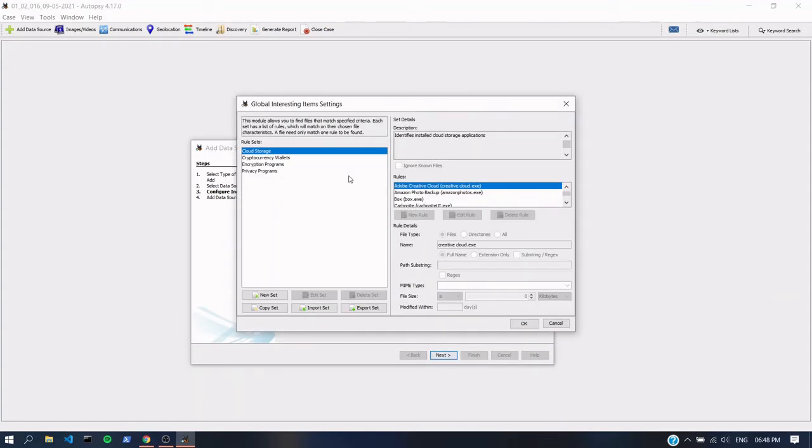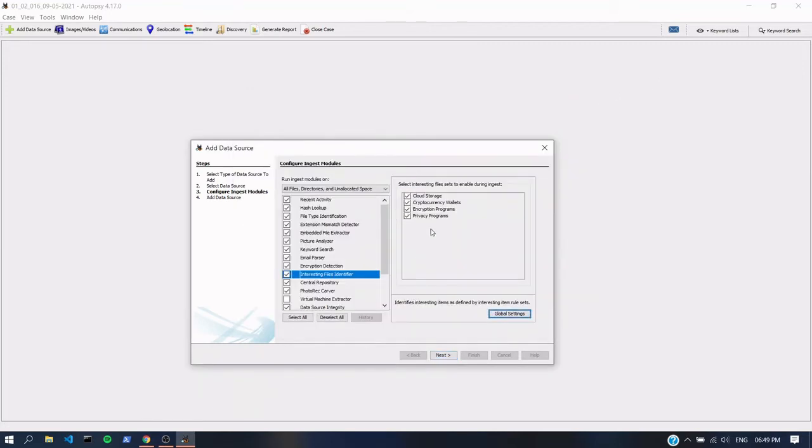We can set up some filters with this, with the given global settings. With the global settings we provide, we can configure what results we want to receive. These modules are not very much used, so I think we could skip them.